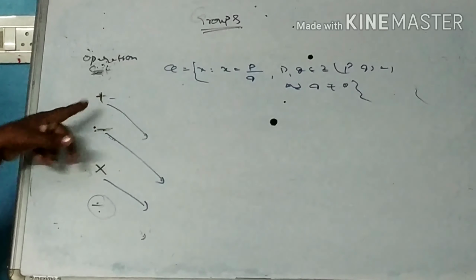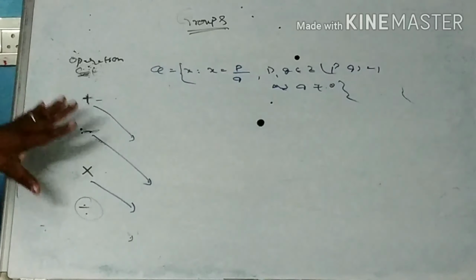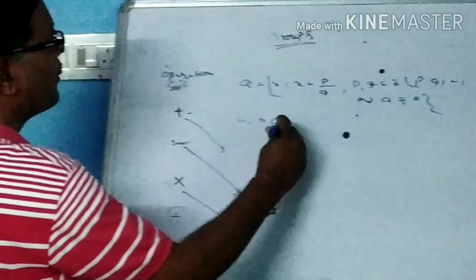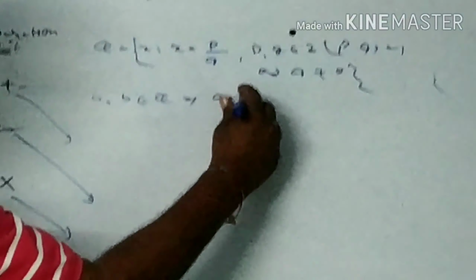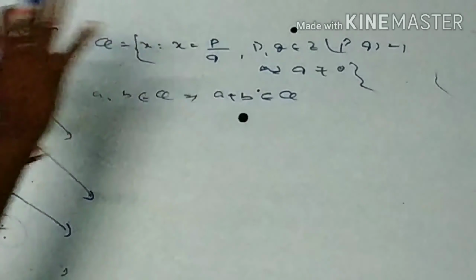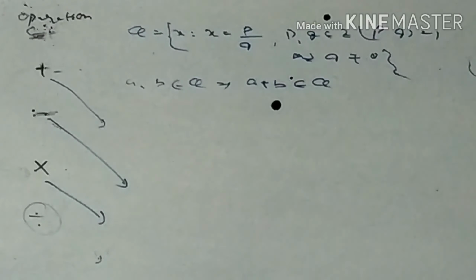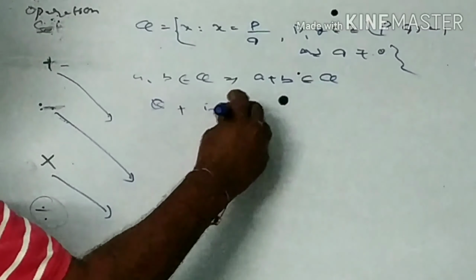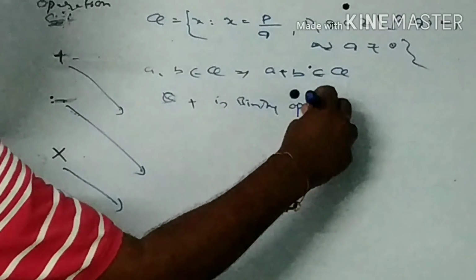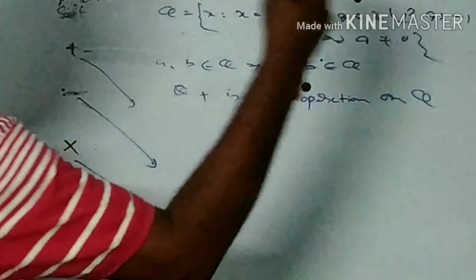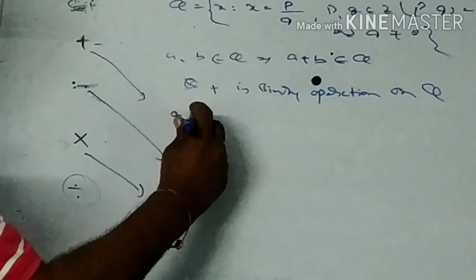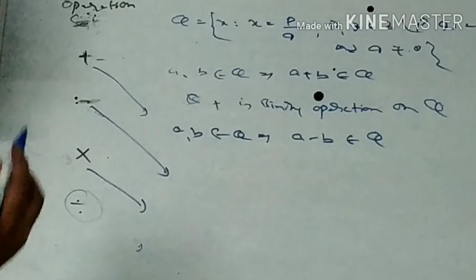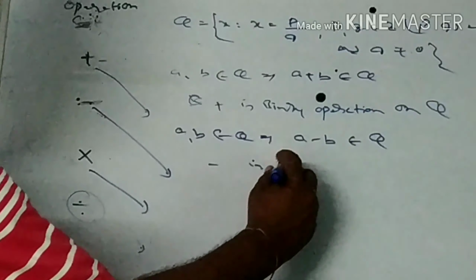Whether these operations are binary operations on Q or not, let us discuss. We know that a, b belongs to Q implies a plus b belongs to Q. No doubt about it. Therefore, addition is a binary operation on Q. Similarly, a, b belongs to Q implies a minus b belongs to Q. Therefore, subtraction is a binary operation